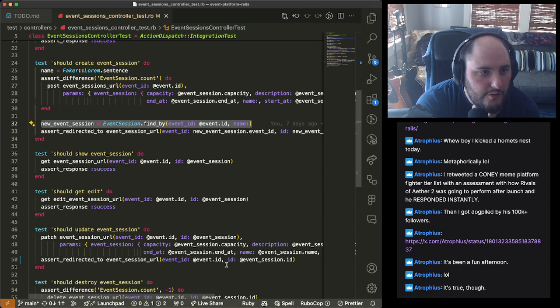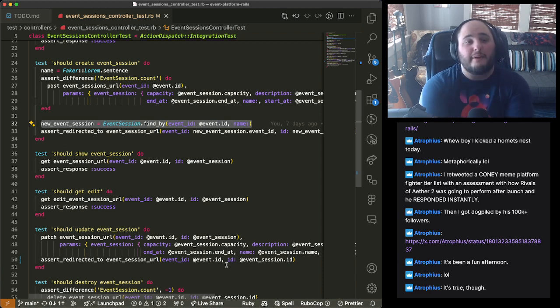If you remember, last week I wrote this: I had to find by name and do this new name thing. It's because I needed to find by something unique inside of my controller test. And this is good and all, but it's slow because what I'm effectively doing is I have a data set